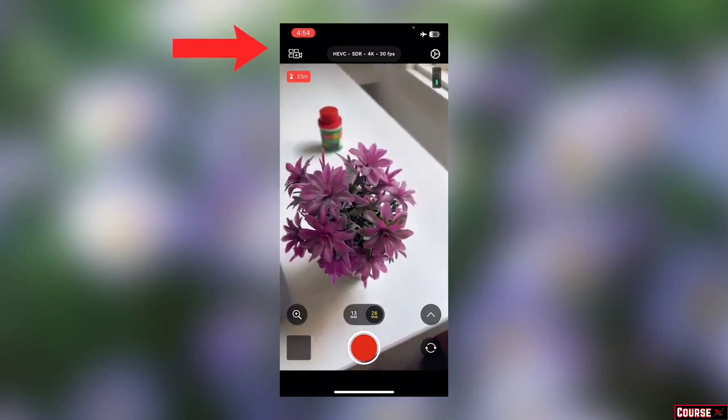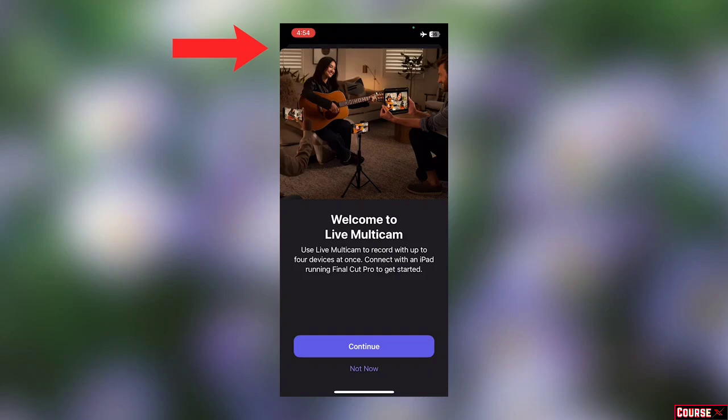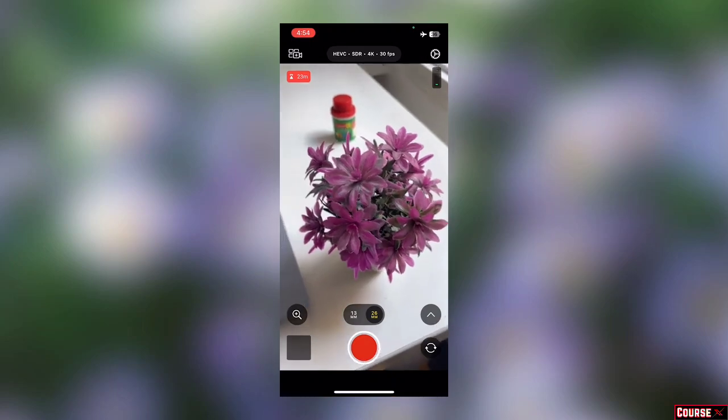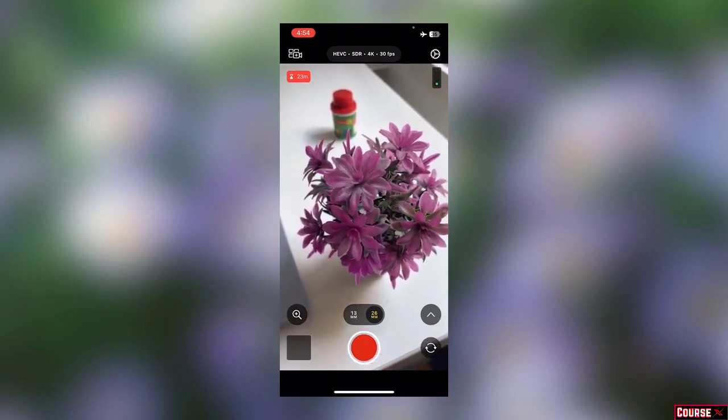Now, starting from the top left, if you click on this icon, it is the live multicam to record with up to 4 devices at once. It is a Final Cut Pro feature. Since I'm not using any Mac, I am unable to show you this feature. Click on Not Now, and if you click on the top middle,